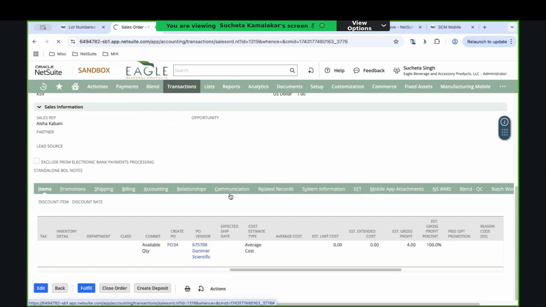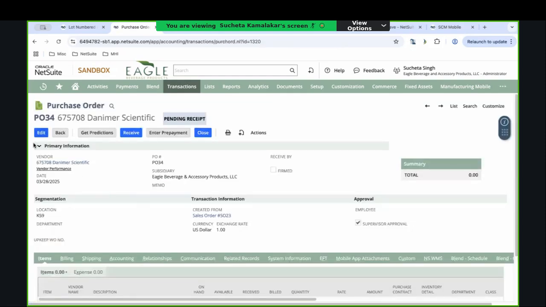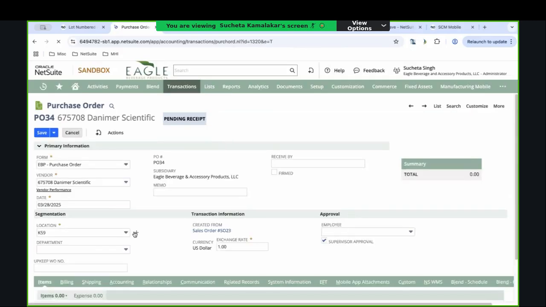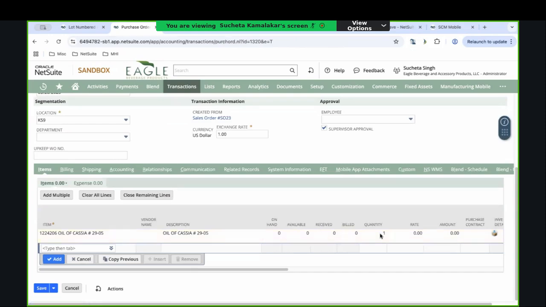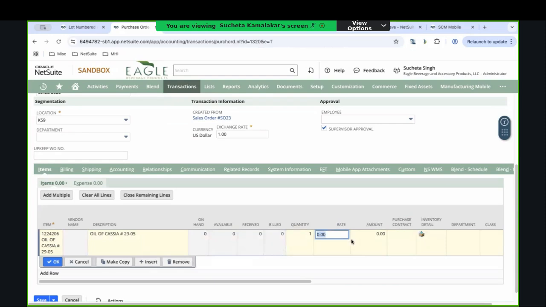Just go back to this. Again, I would think in reality, there's already a preferred price and everything set on the item master, purchase price, but in my case, I don't, so I'm just gonna say,